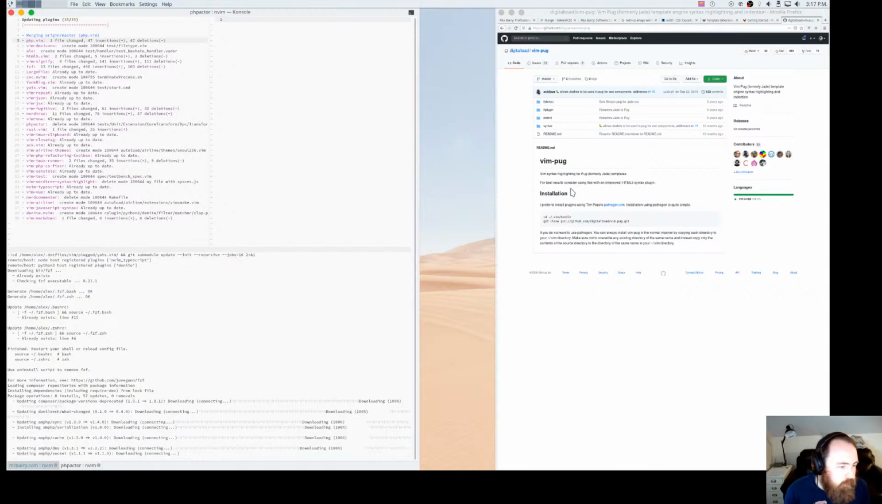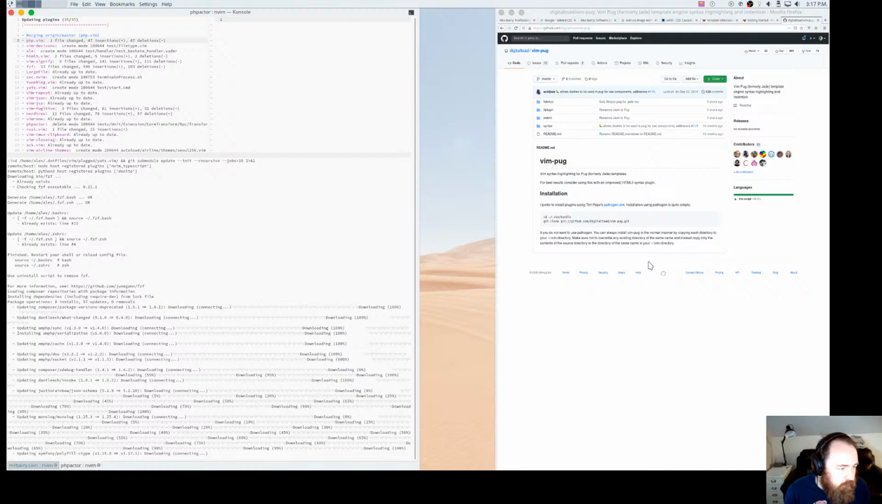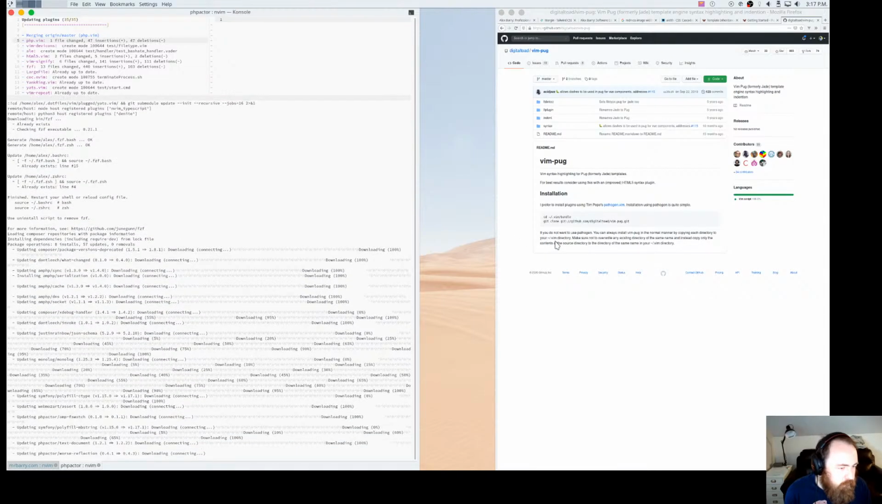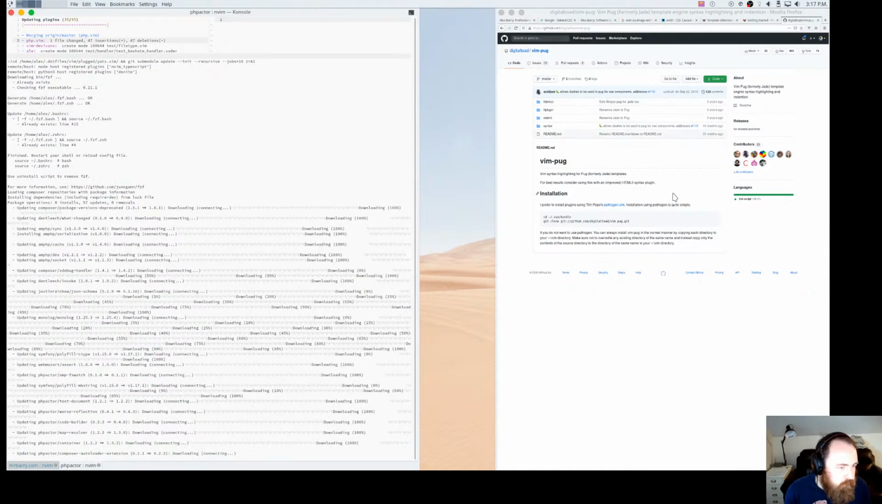Let's see, does this have any other instructions? If you don't want to use Pathogen, you can use Vim Plug, which is what I'm doing, by copying each directory to your .vim directory. Nope, that's not at all what you need to do. You can just use git. So